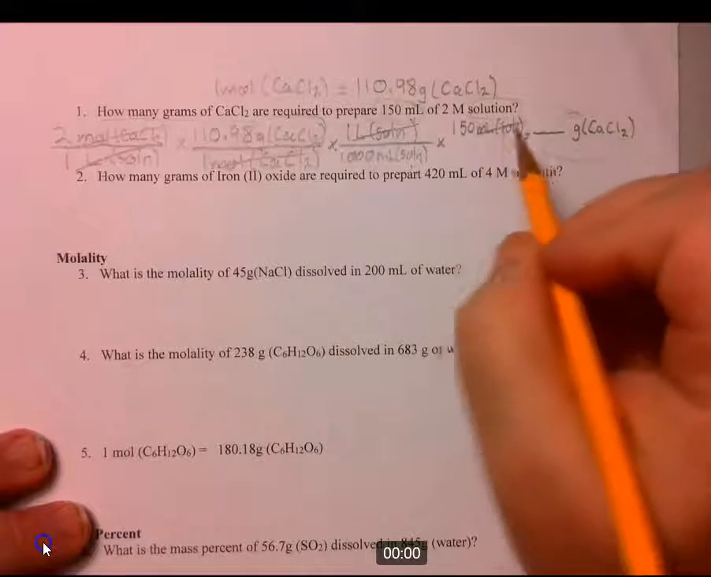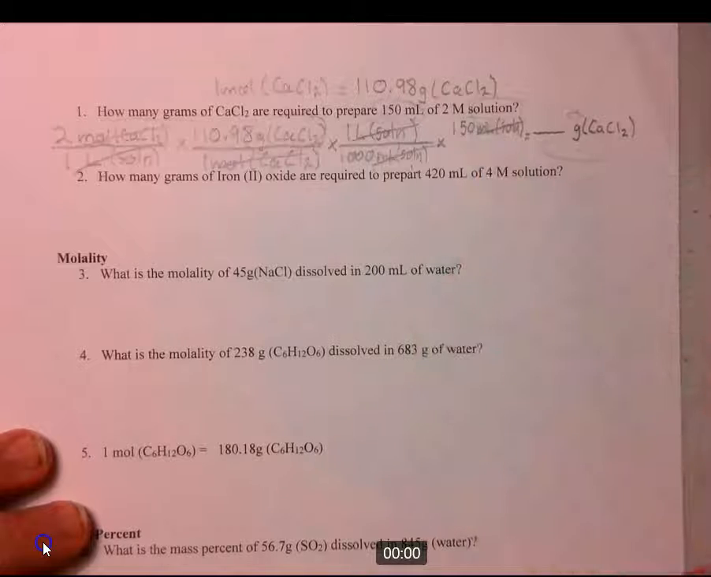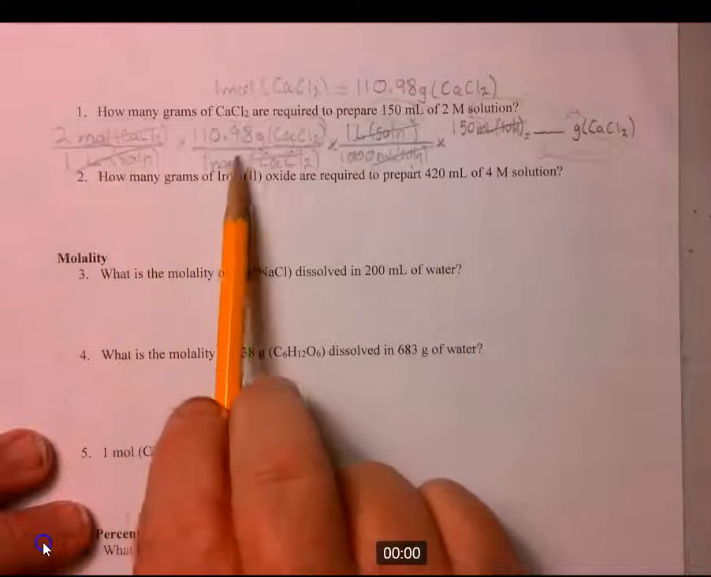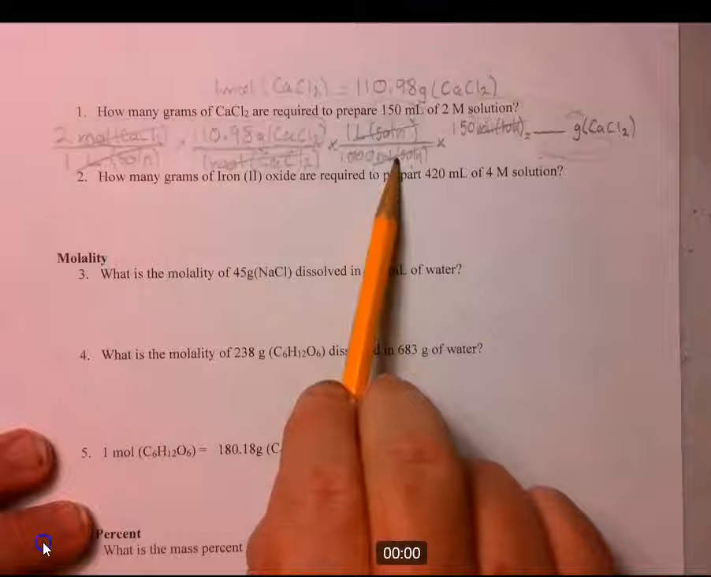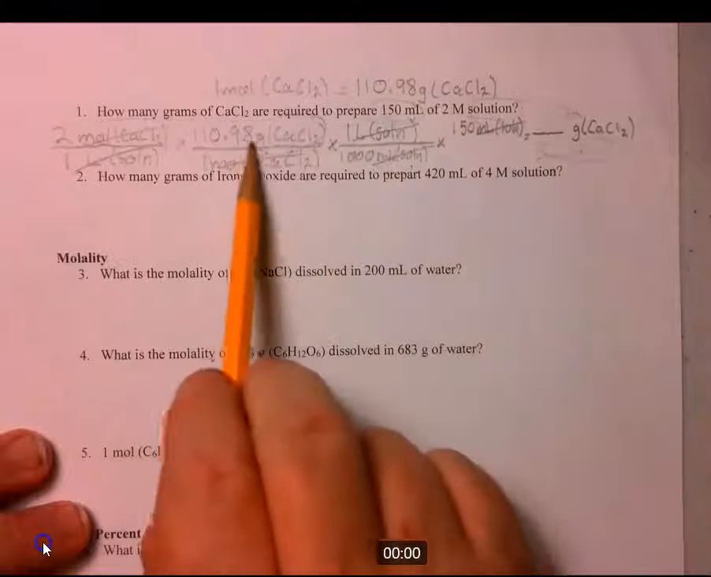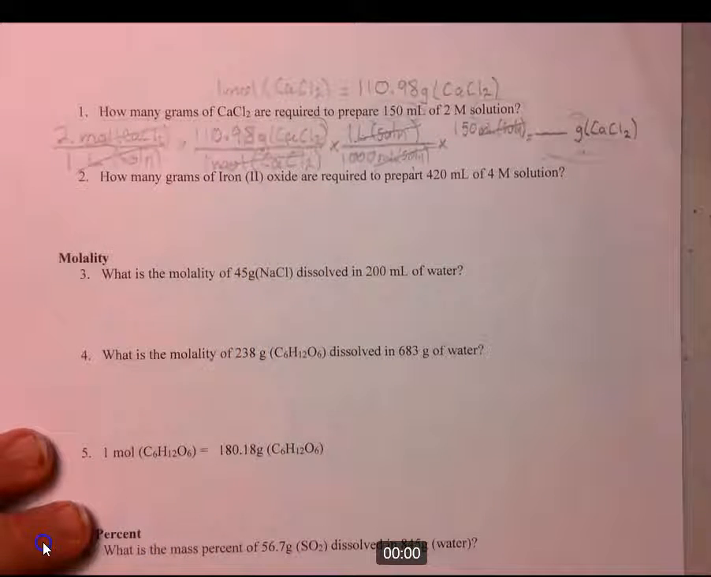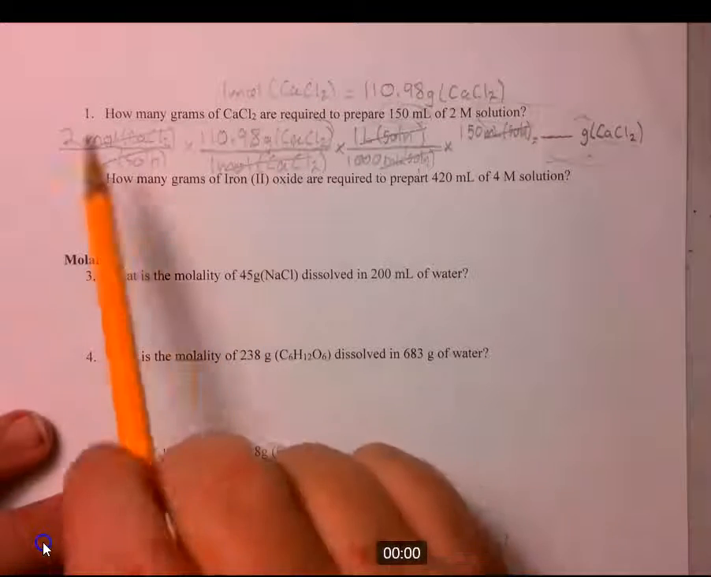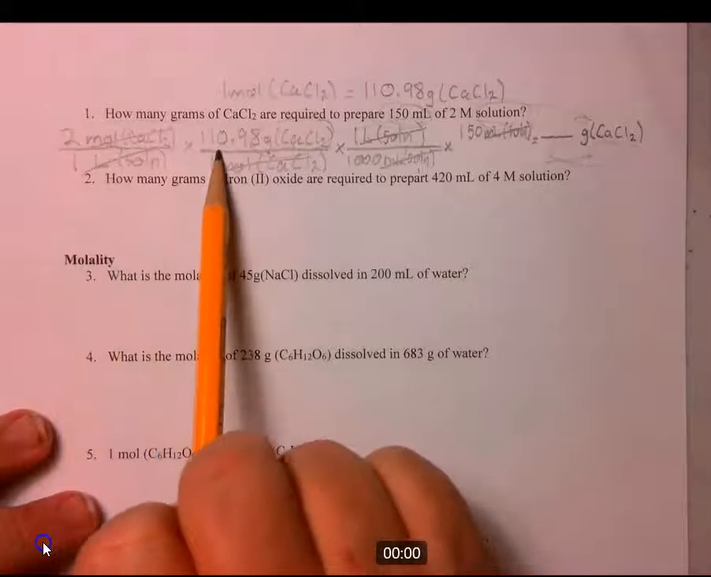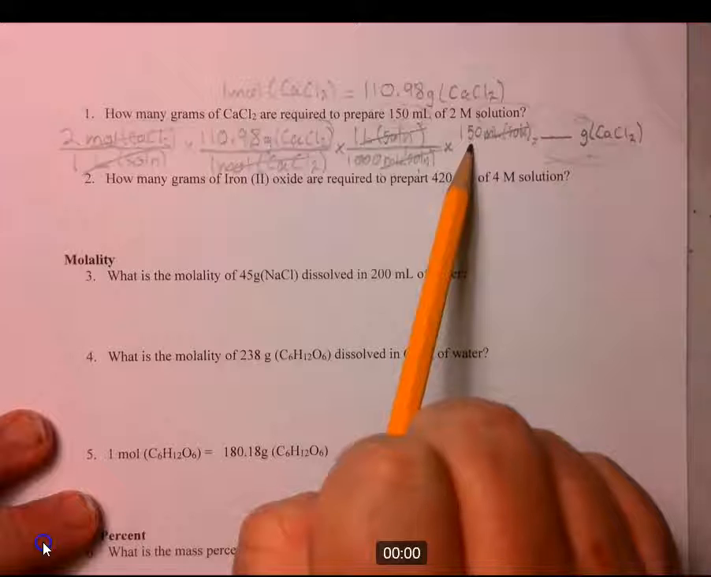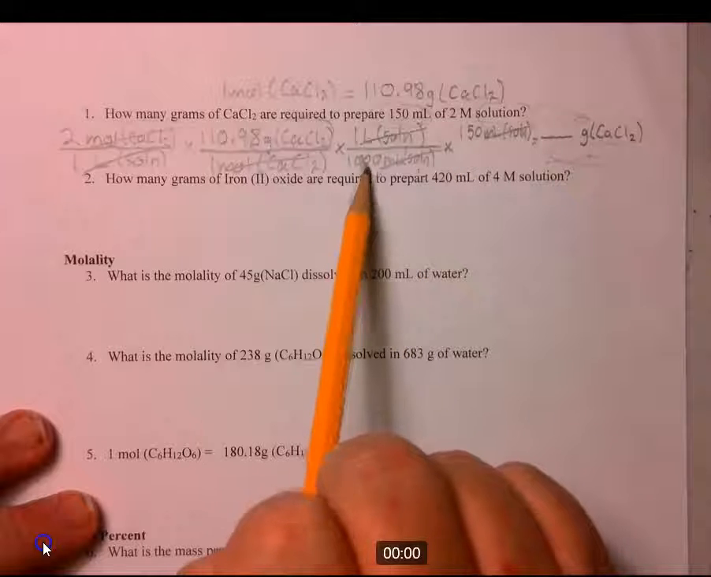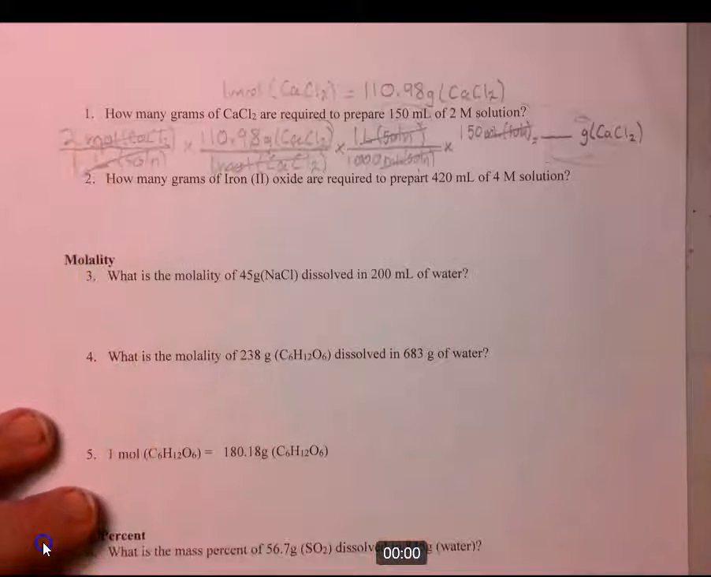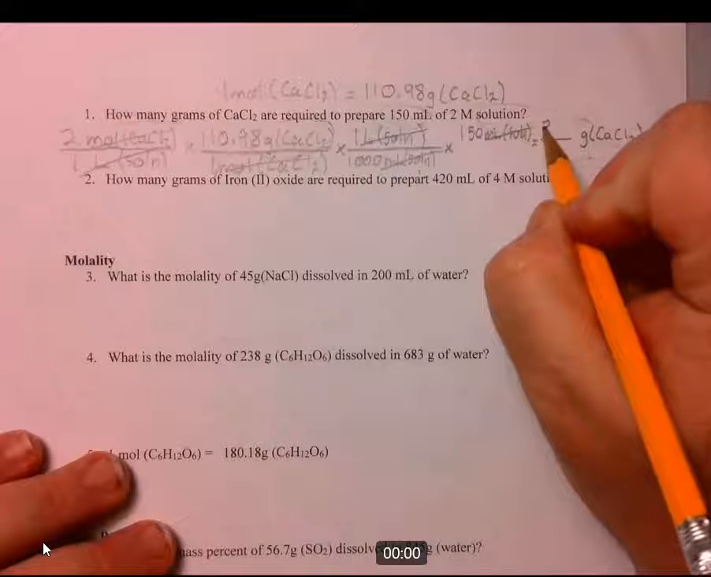Okay, so milliliters of solution cancels there and there, and we have nothing left on the bottom then. So every unit on the bottom is canceled out. So nothing on the bottom, the only thing on the top is grams of CaCl2. So now we can go ahead and multiply those. So 2 times 110.98 times 1 times 150 divided by 1,000 divided by 1 divided by 1. So we'll go ahead and do that. Okay, and for that I get